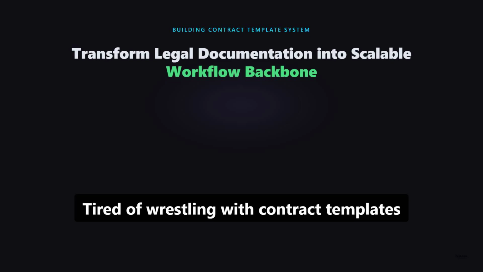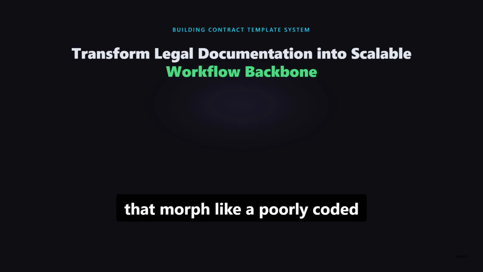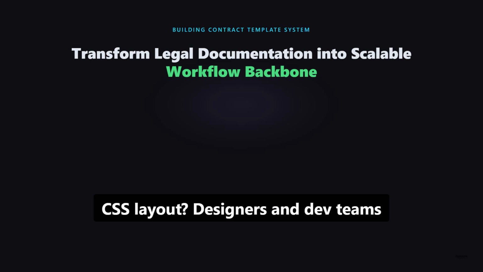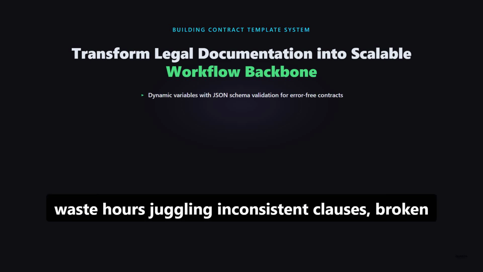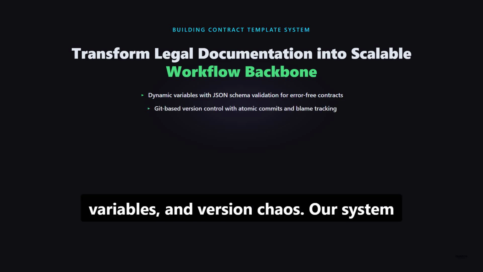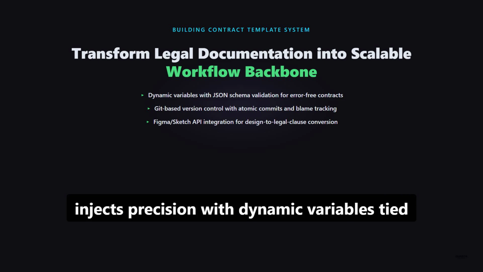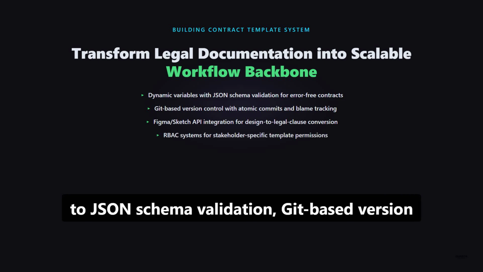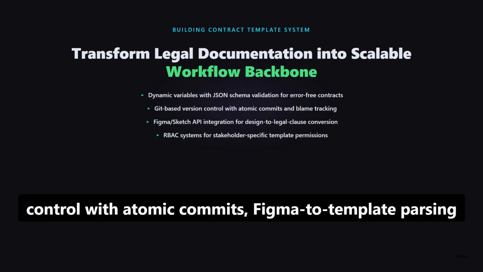Tired of wrestling with contract templates that morph like a poorly coded CSS layout? Designers and dev teams waste hours juggling inconsistent clauses, broken variables, and version chaos. Our system injects precision with dynamic variables tied to JSON schema validation, Git-based version control with atomic commits, Figma